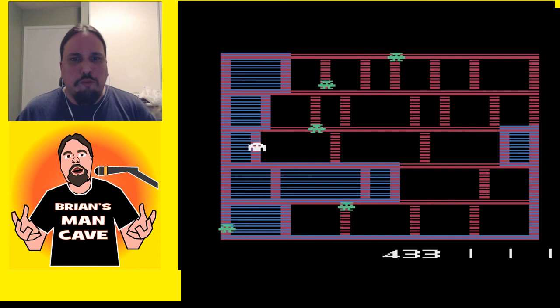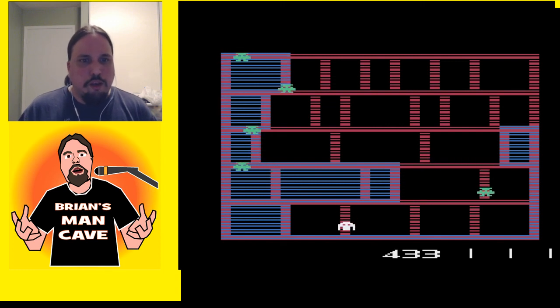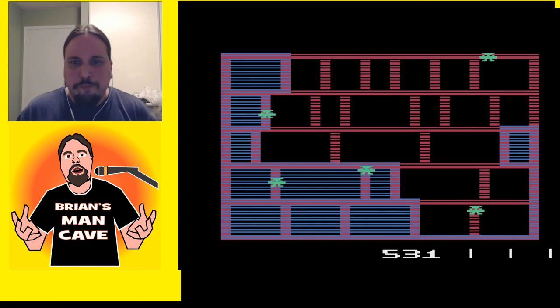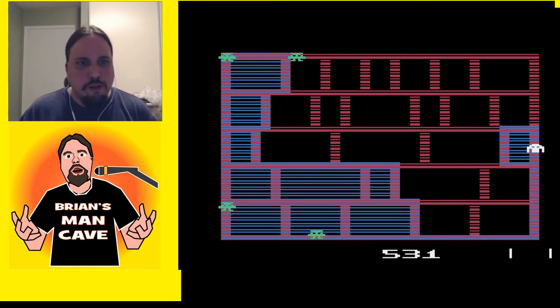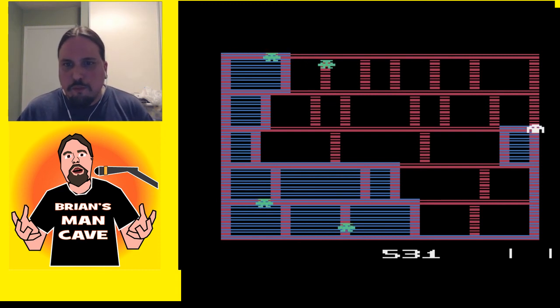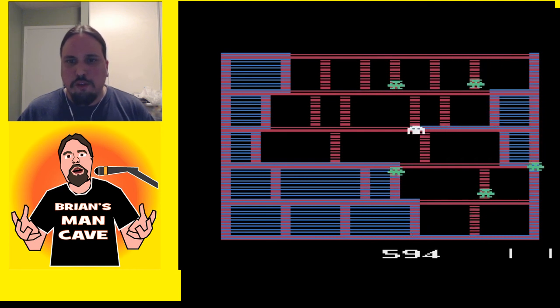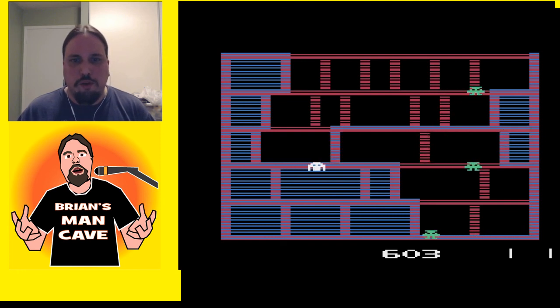Those things kind of remind me of the villains in Venture on the Atari. Oh yeah, Qix, however you pronounce that. I think that was the first one to actually be like this. Kind of slow, the way he moves. I don't know if there's a way to speed it up, but...